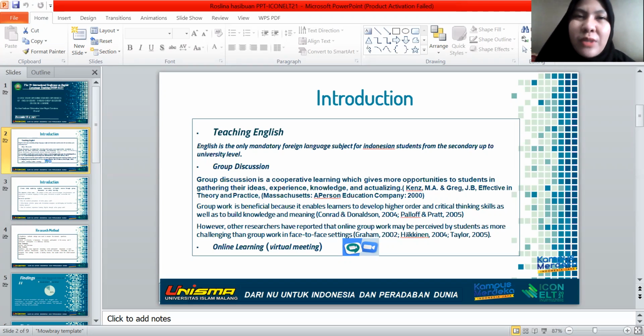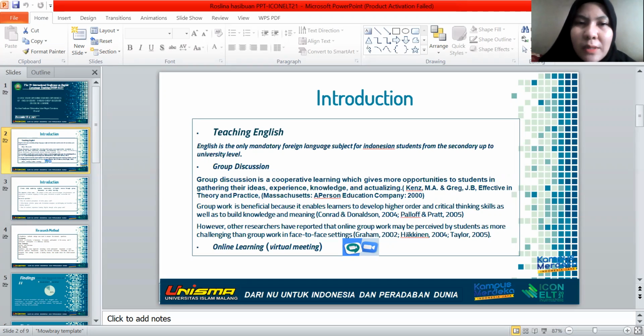According to the British Council 2020, about 2 billion people in the world will be studying English. And in Indonesia itself, English is the only mandatory foreign language subject for Indonesian students from secondary up to university level. So students in Indonesia learn English from secondary up to university level.